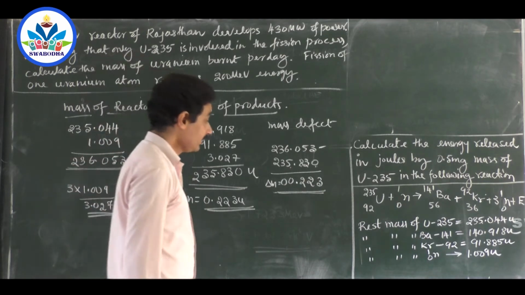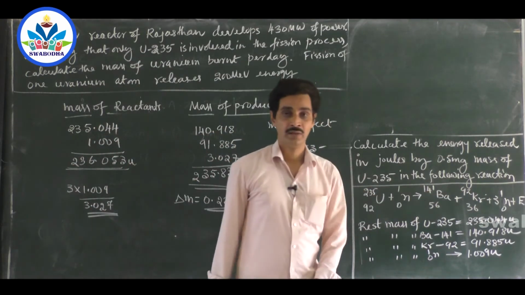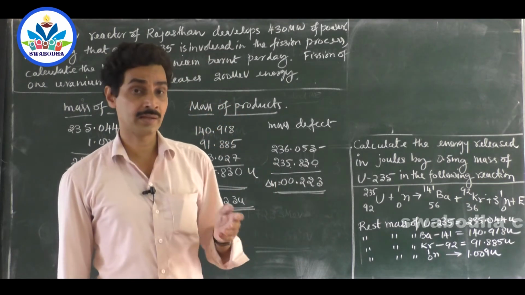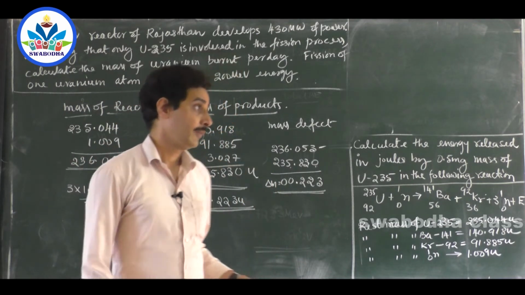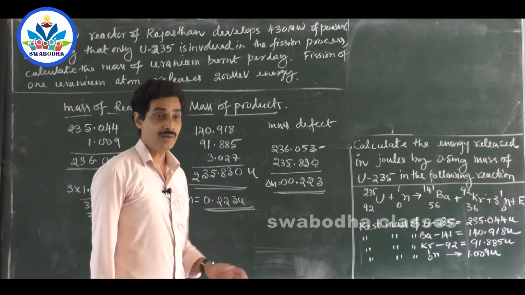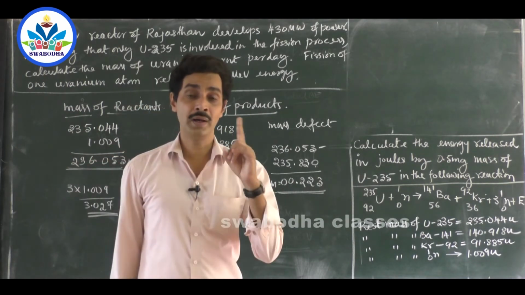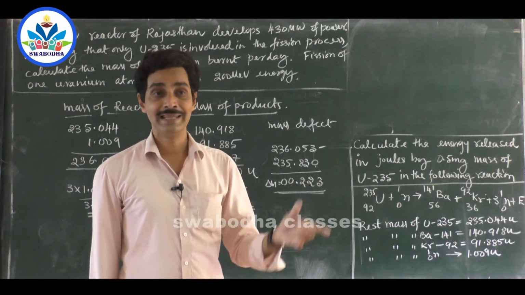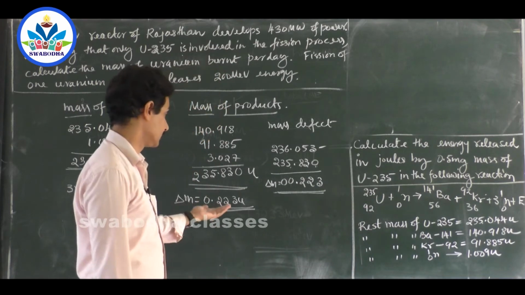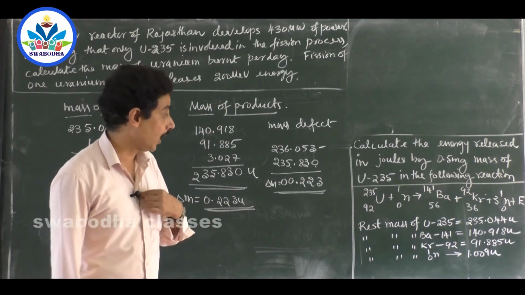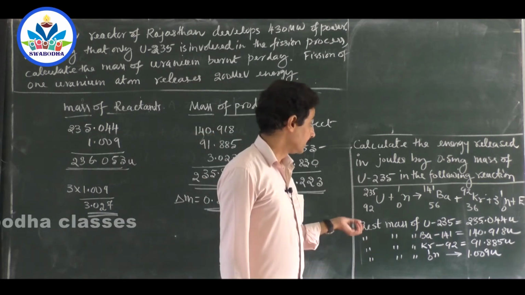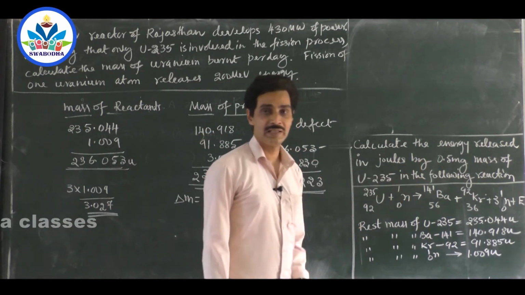Remember, in one fission, only one fission. And how many such fissions occur? Suppose that counts for 100 fissions. When 100 fissions occur, 100 times this mass will be lost. What is the energy release? You know, 1 atomic mass unit yields how much energy? 931.5. How much will this one yield? For that we will see how many fissions will occur. How to calculate how many fissions will occur? Because you have taken 0.5 milligram of uranium.